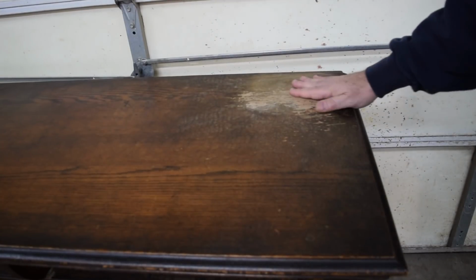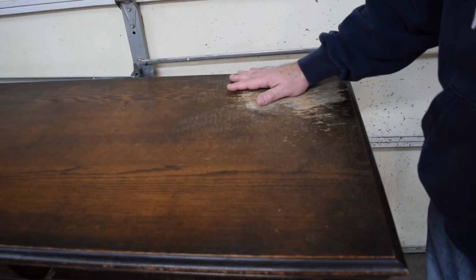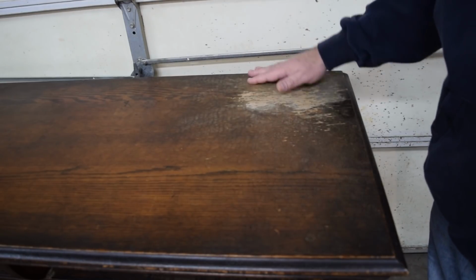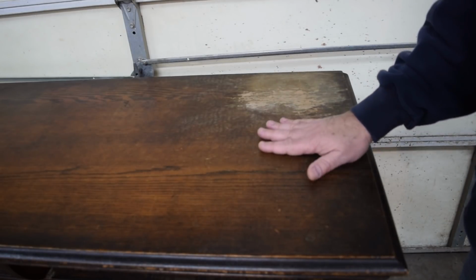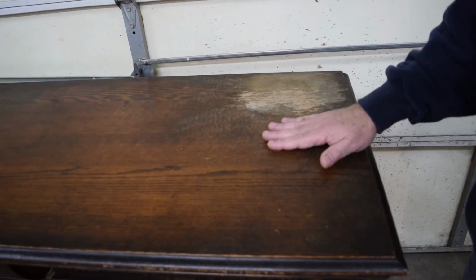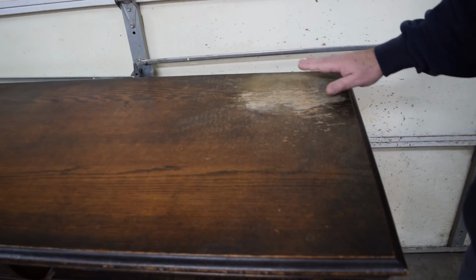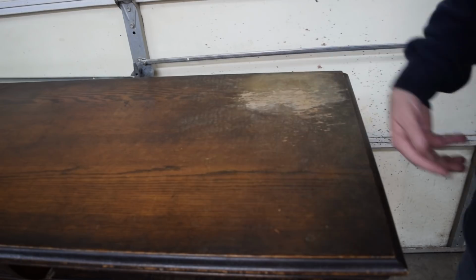And this is the area of damage. Water unfortunately poured down on this piece. Now this piece does have a hutch, but it's not with it. It also has all the drawers, but the owners retained those, made it a little bit easier for me to move it and get it here into the shop. So this is what we have to fix,